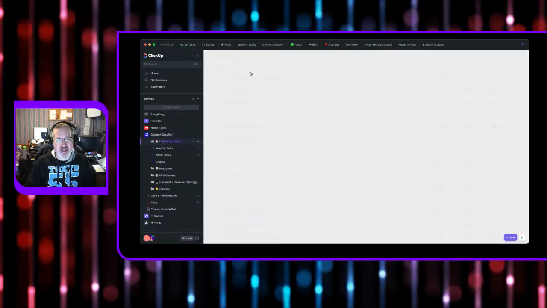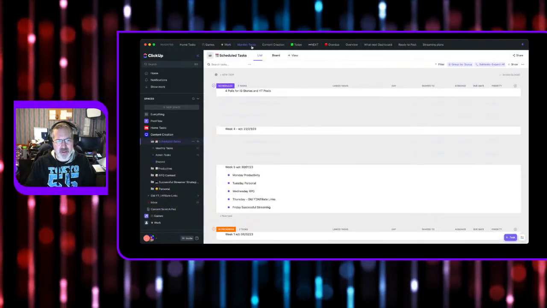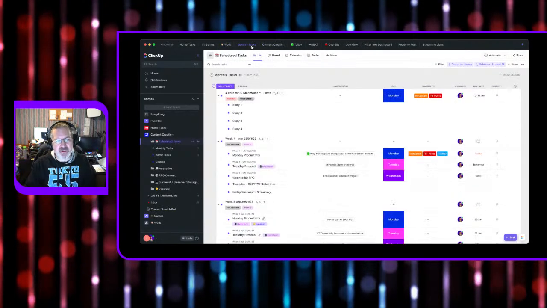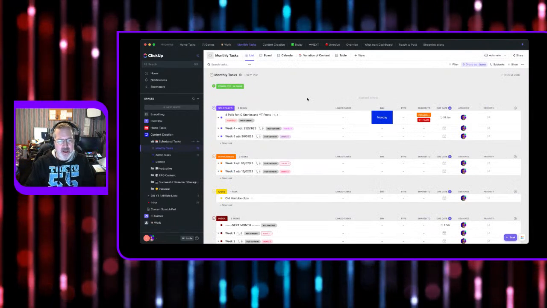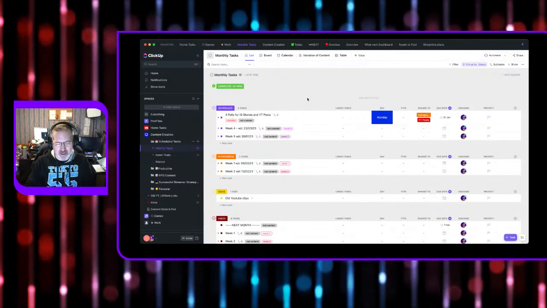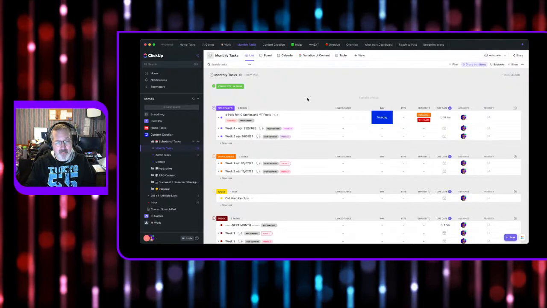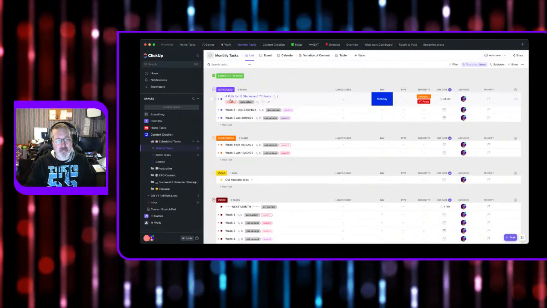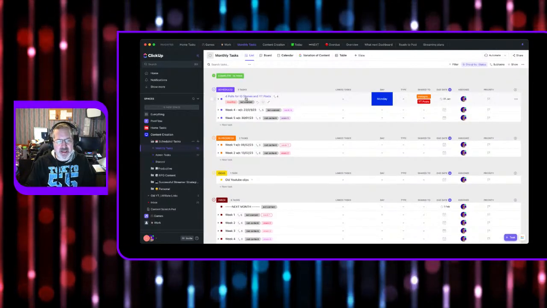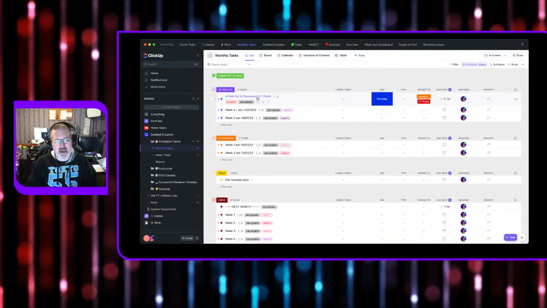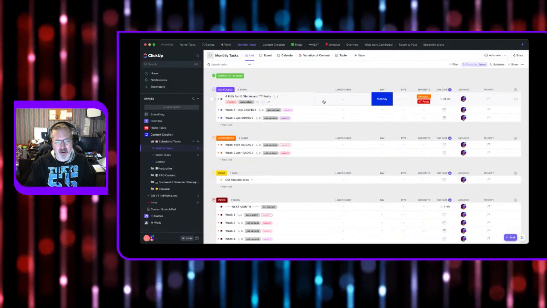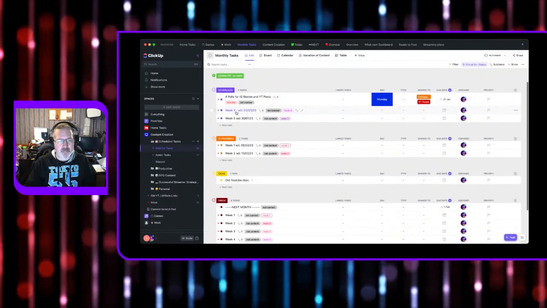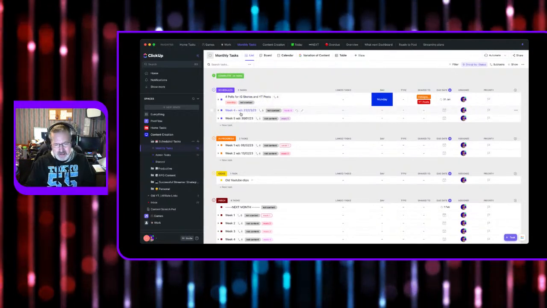So up here I have some shortcuts and some views. This is my monthly tasks, and I'm in the process of swapping things round. For example, I used to put all the polls and stories and YouTube posts all together, but now I've separated them out with each week. So this is this week?